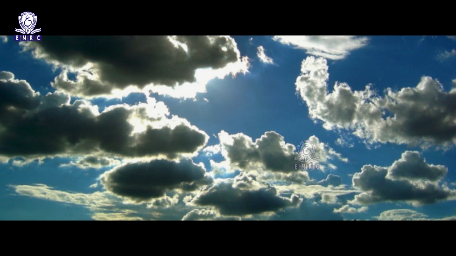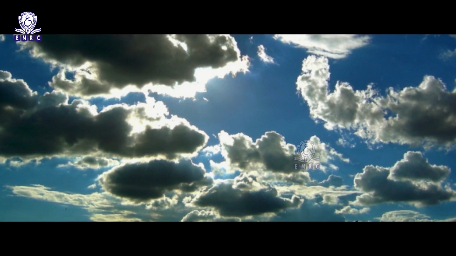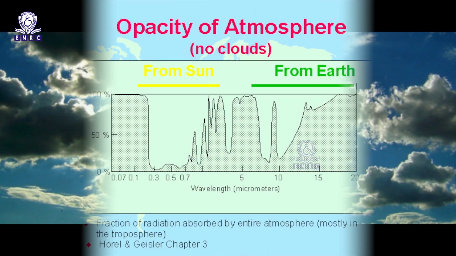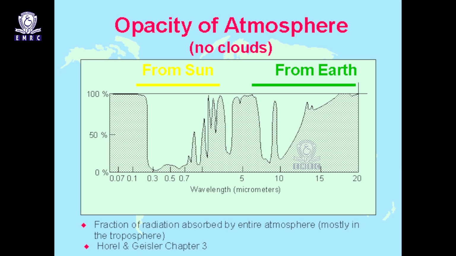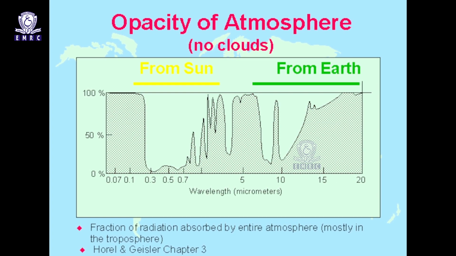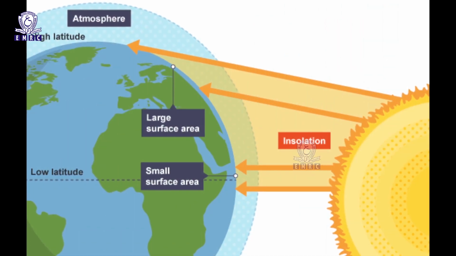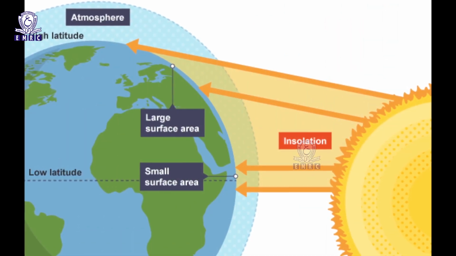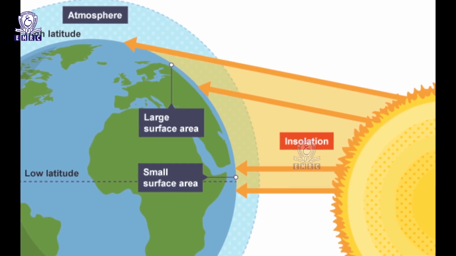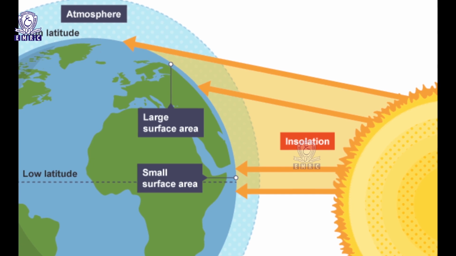Obviously, areas with heavy cloudiness and turbid atmosphere will receive a lesser amount of radiant energy at the surface, but the transparency of the atmosphere varies with time and place. Transparency of the atmosphere is closely related to latitude. In the higher latitudes, the sun's rays are more oblique, so that they have to pass through relatively thicker layers of the atmosphere than at lower latitudes.